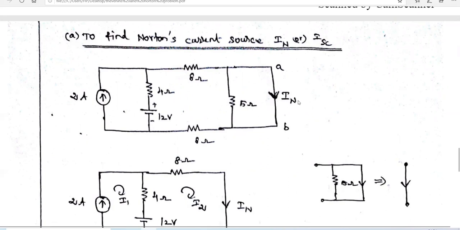So already you know the behavior of a short circuit. What is meant by short circuit? In a short circuit, the current flowing is maximum. The resistance of a short circuit is 0. The resistance of a short circuit is 0. And open circuit means the voltage across the open circuit is 0. Okay, sorry.